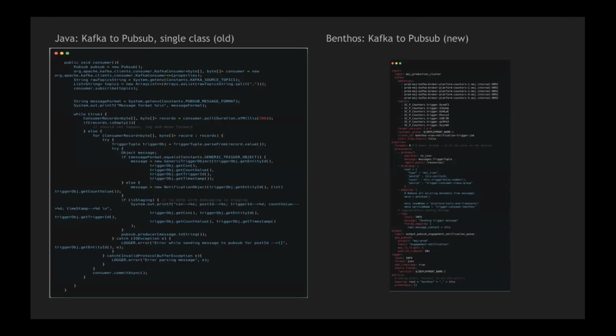This is a single Benthos job, a complete job. It is consuming from Kafka, converting JSON to protobuf to JSON, sorry, transforming it, and then sending it to PubSub. This whole config is just a single file that can be deployed as a separate job. You don't need to write any other logic. You get all the delivery guarantees. You can control threads and all that.